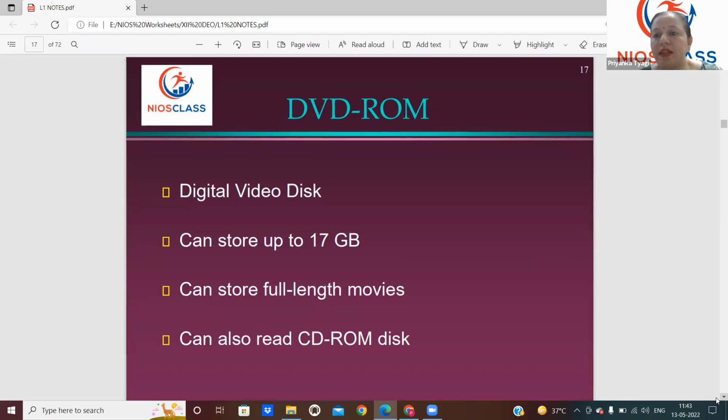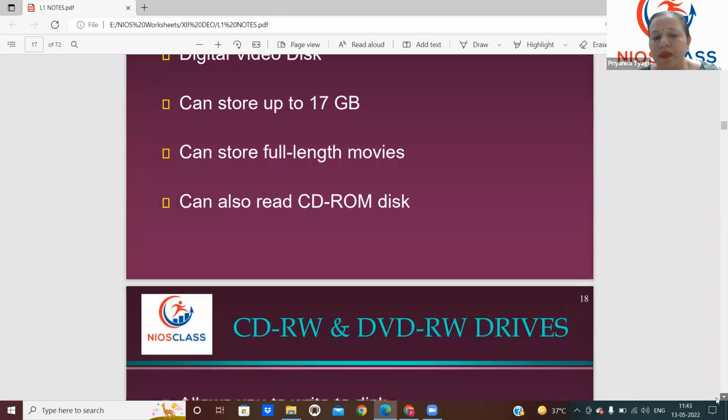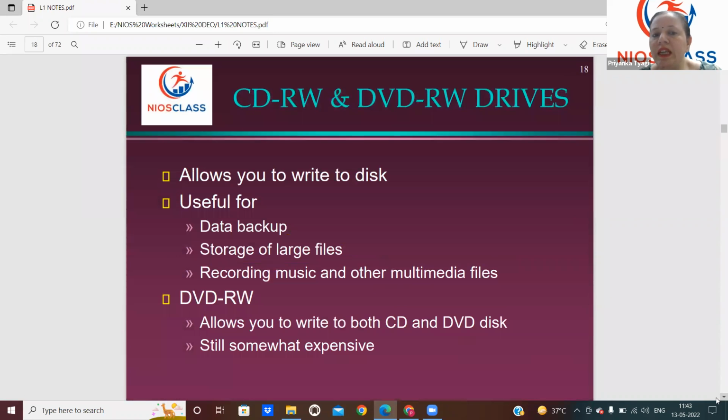Okay, so there is another type of disk also available: DVD-ROM, digital video disk. Capacity wise, they are higher. They can store up to 17 GB of data, right? That means a full-length movie, a complete 2 to 3 hours of movie, we can store. Okay, now you can see here CD